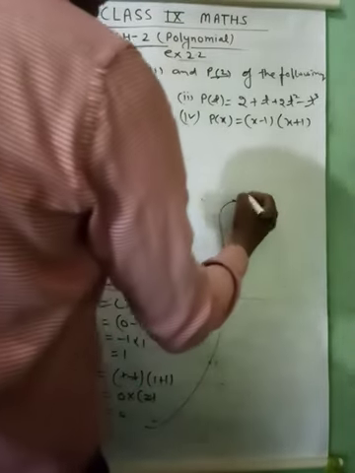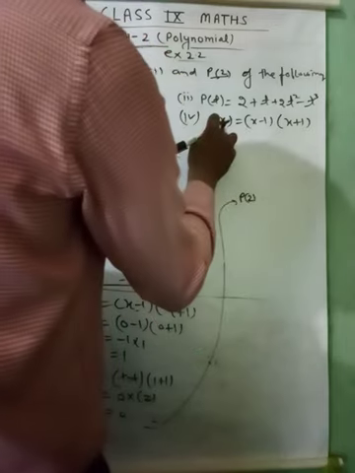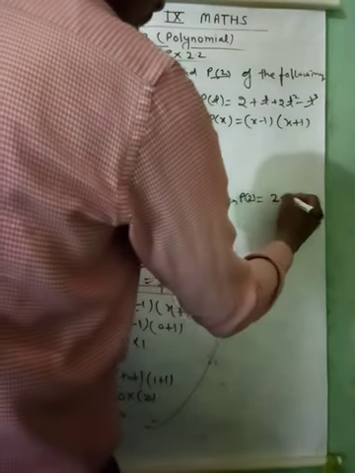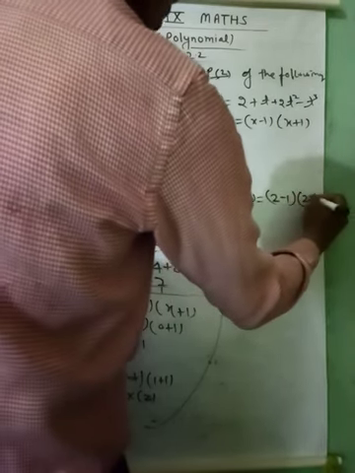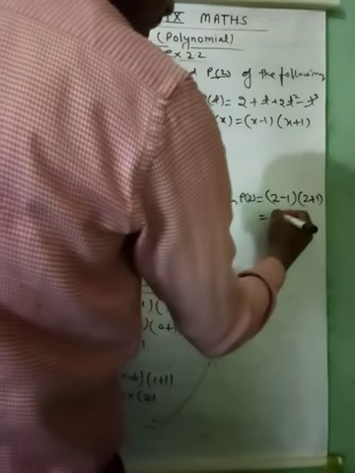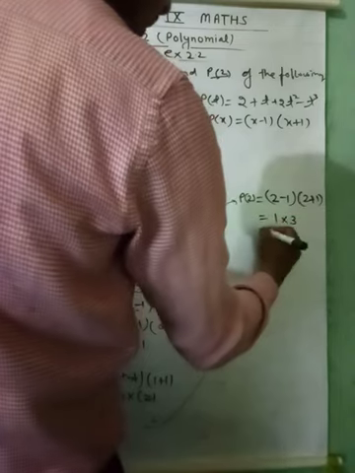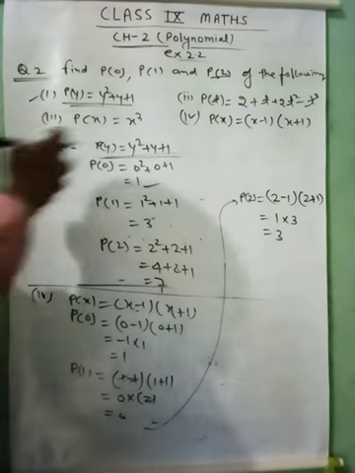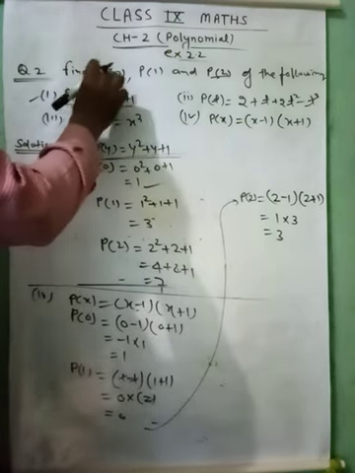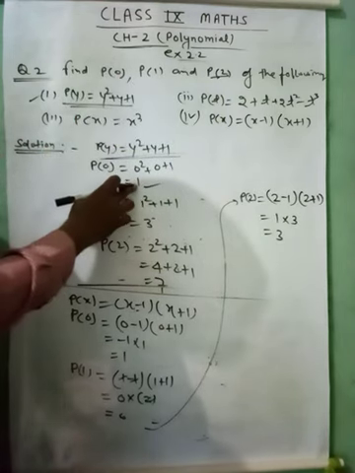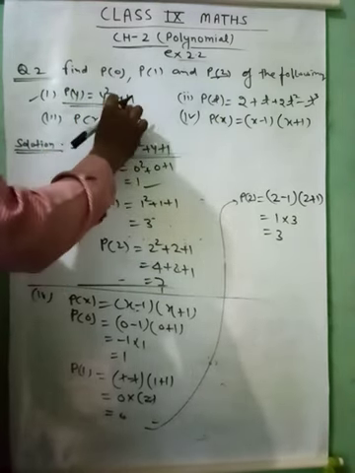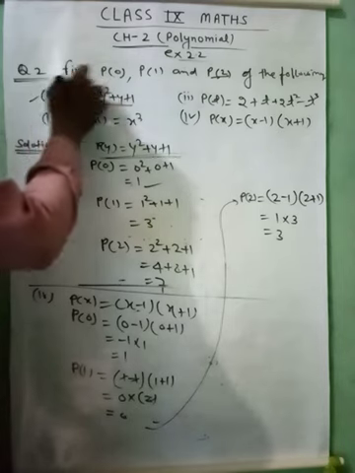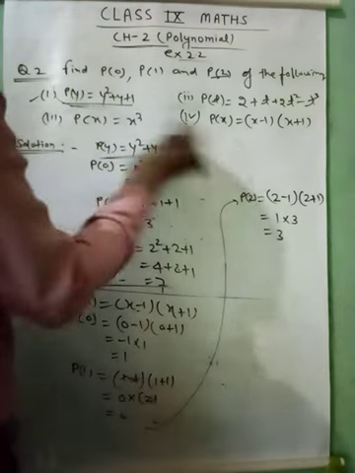Now for P is equal to 2, at the place of x we put the value 2. So here at the place of x we put 2 minus 1 and it is 2 plus 1. It will be 1 into 3. It means 3. Clear? So we can easily find the value which is given. For P is equal to 0, we can get 1. For 1, we can get in this equation 3. For P is equal to 2, we get 7 for this equation only. Clear? And second and third you have to do.